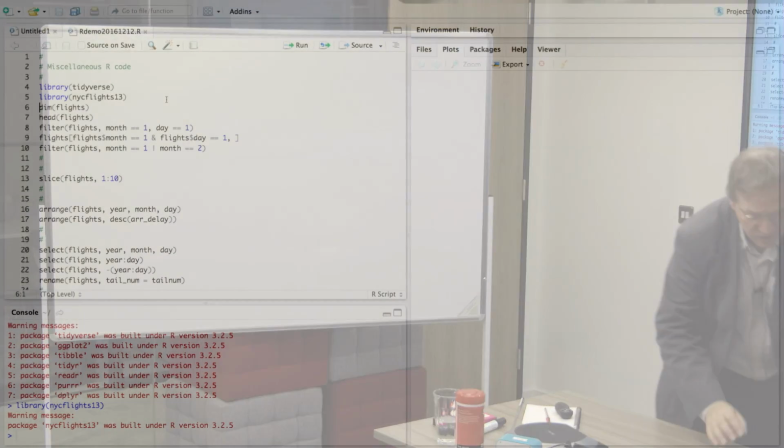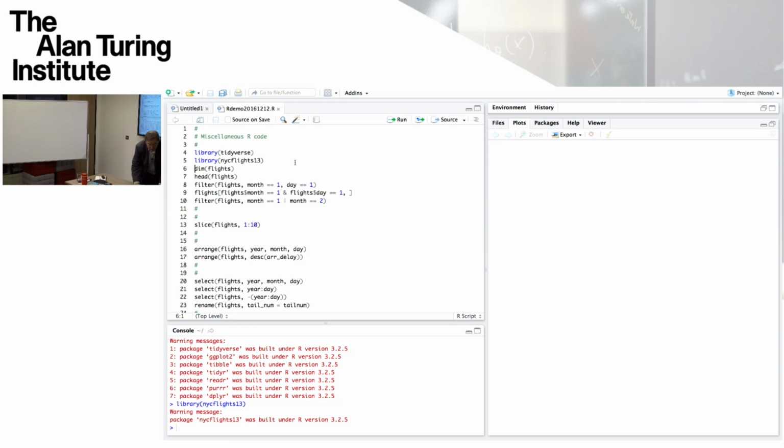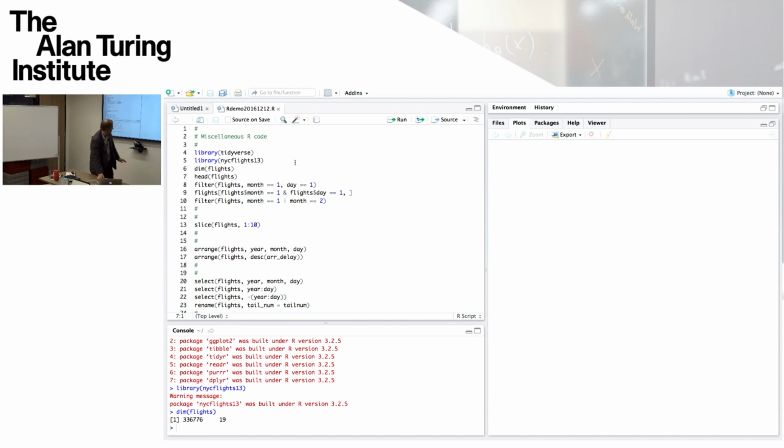Okay, so just to quickly look at what's going on then. Within this package, nycflights13, there's a data frame called flights. So I can take its dimensions. So dim flights says it's got 336,000 rows, and 19 columns.